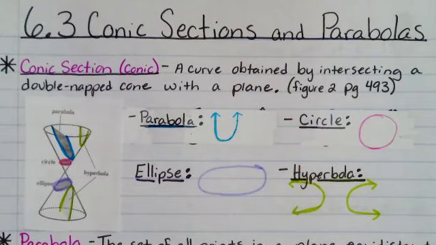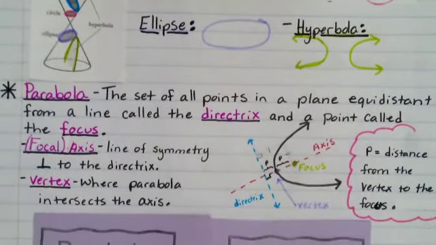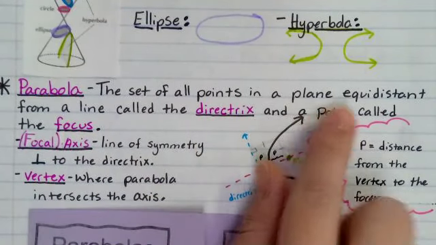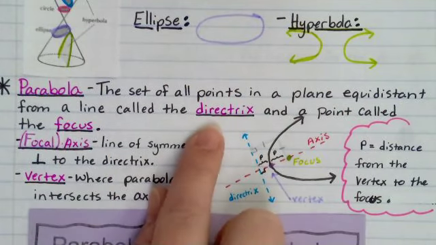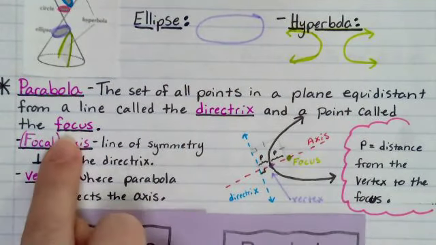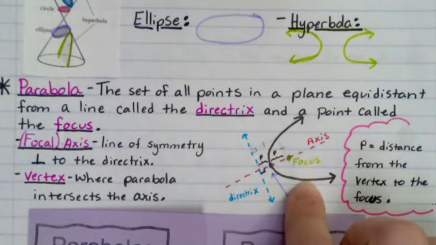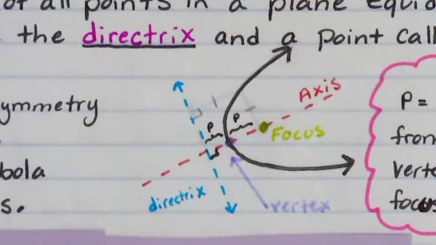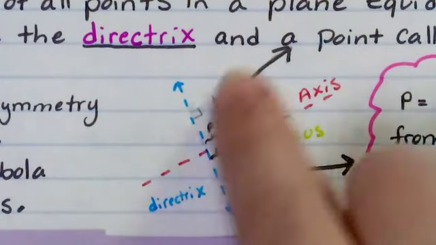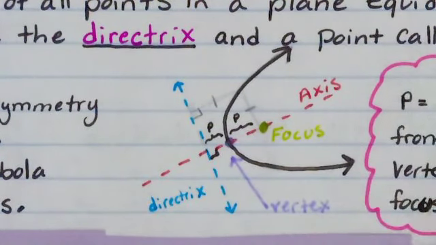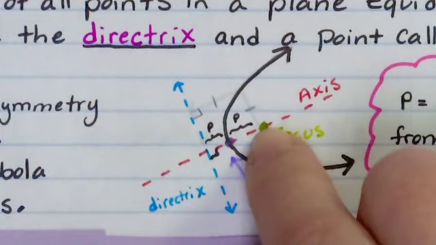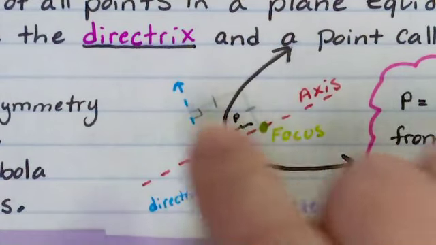All right, we've got several different terms here, okay? So a parabola is the set of all points in a plane equidistant from a line we call a directrix and a point we call the focus. And you can see here in this little picture, I can zoom in a little bit. Let's see if this helps. Our parabola is what I have here in black. Now, I'm not a great artist, so this is the best I could do, but our parabola is what we're seeing here in black. This focus is a point on the inside of that curve,